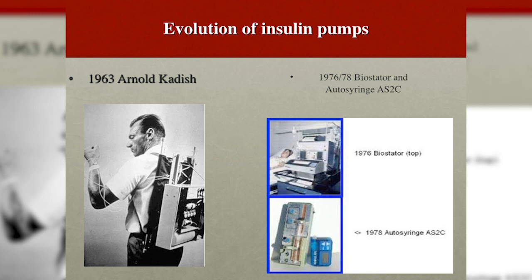Then there was this auto syringe. That syringe was outside the pump because the syringe was so large and it was not able to deliver tiny amounts, so the insulin had to be diluted. So if the usual insulin concentration is 100 units per 1 ml, this syringe would take 40 units in 1 ml. So it had to be diluted because it couldn't deliver a small amount, right? So in order not to get low blood sugar, the insulin had to be diluted for that.